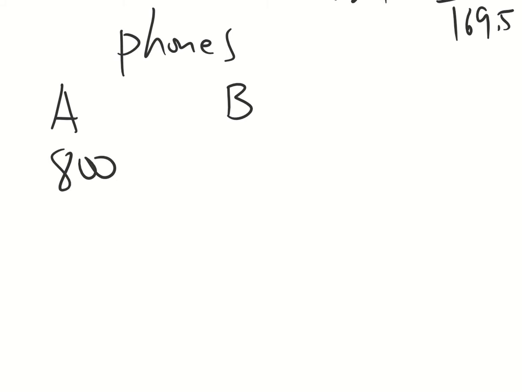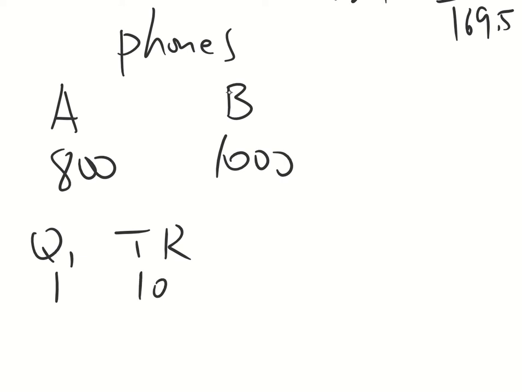All right, so we have two consumers, consumer A and consumer B. Now, they're both in the market to buy a cell phone. Consumer A is willing to pay $800 for the phone. Consumer B is willing to pay $1,000 for the phone. Now, if I'm the only company in town, which means I'm the monopoly company, if I have to sell one phone, so quantity of one, my total revenue... Would I sell to A or B? I'll sell to B because B will pay me higher prices. So my total revenue is $1,000.